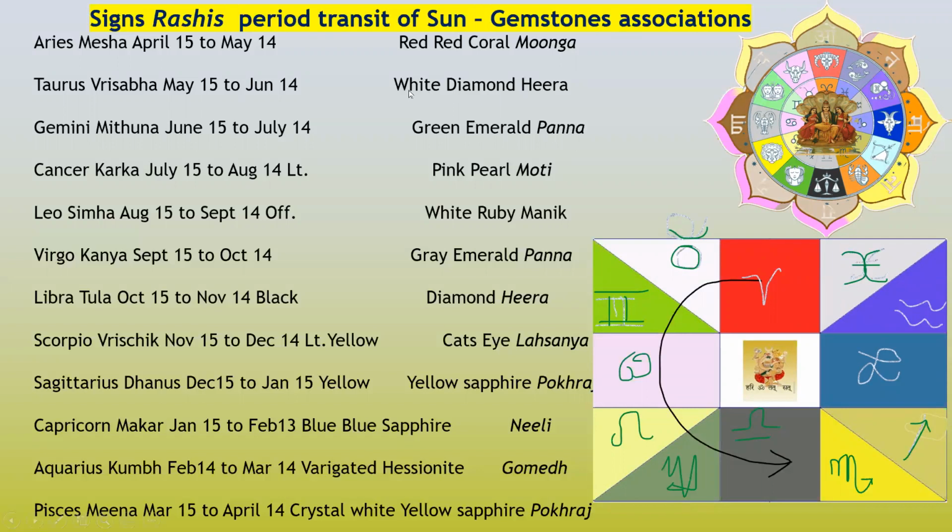Taurus is associated with diamond, the gemstone, and preferably white diamond. Please note the color for Taurus is not pink, not dark pink, none of that. It's white. It's very specific. And I'm repeating it again, because this is very important for you guys to know, because this comes in handy, as I said, in remedial measures a hell of a lot, because